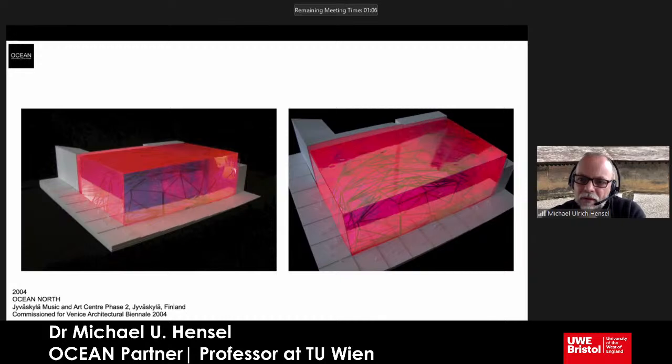So then the issue was, can we begin to drive these processes more with a rational method, where this is